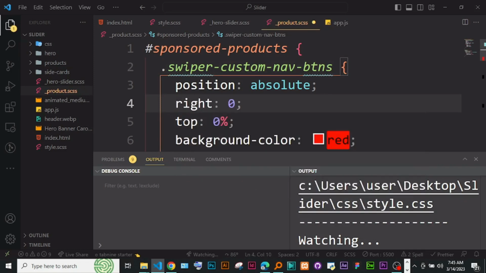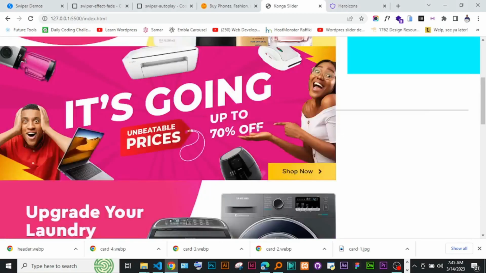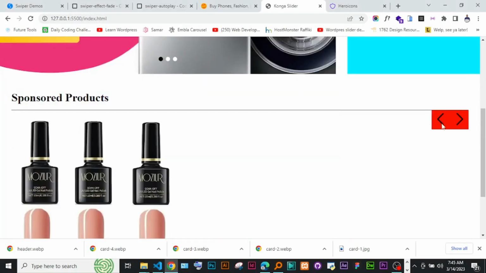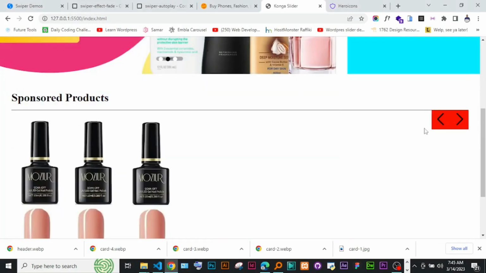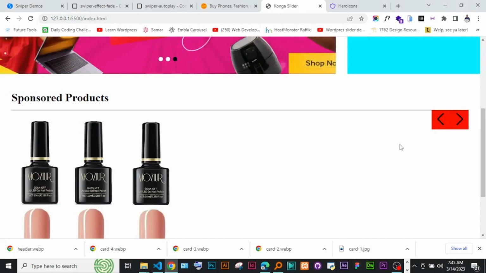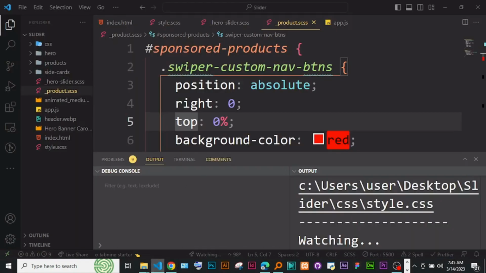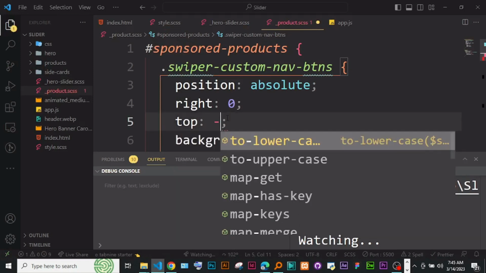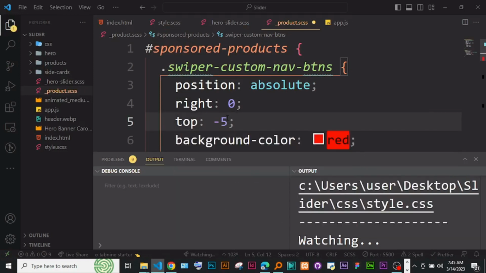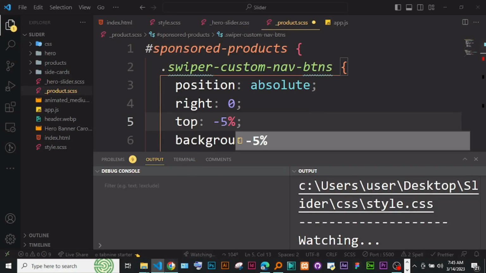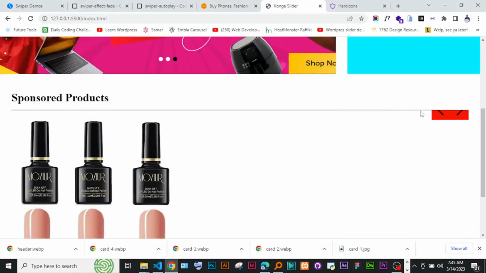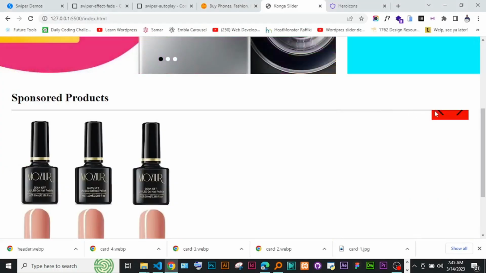So let's first try write 0 and top 0. If you do that, you see where they are right now. That is a very good place. I could now take it on top there by giving a negative like 5%. So if we gave it negative, they would try to move up somehow. Only that